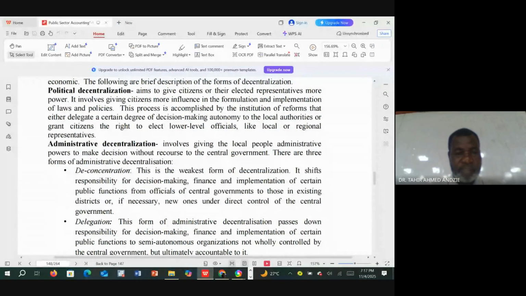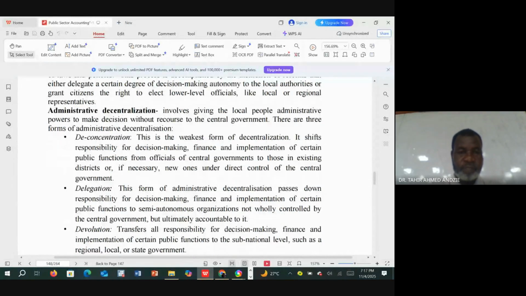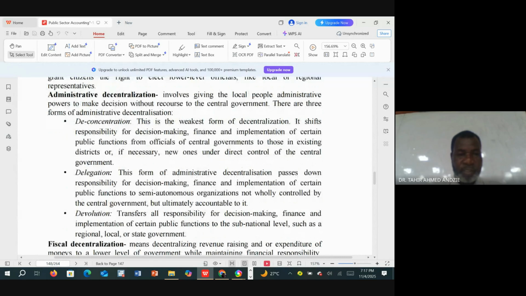There are 3 forms of administrative decentralization. Okay, so the administrative decentralization, there are 3 types. The first one is deconcentration. So take note of this question. It can come in objective, it can come in the theory. The administrative decentralization is a form of decentralization in Ghana, but there are 3 types, and these types are: 1,